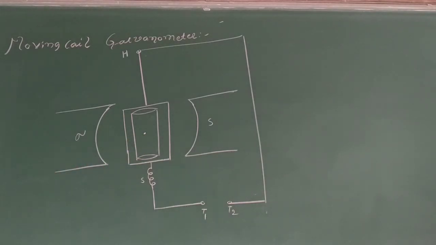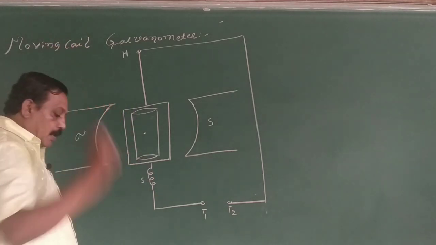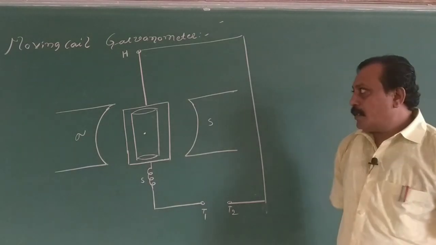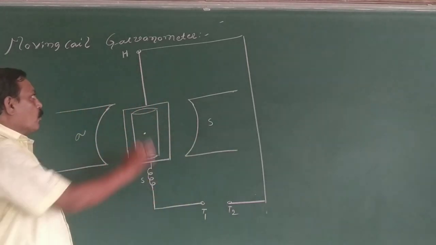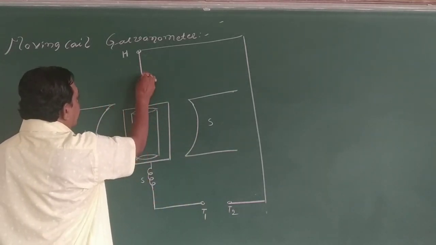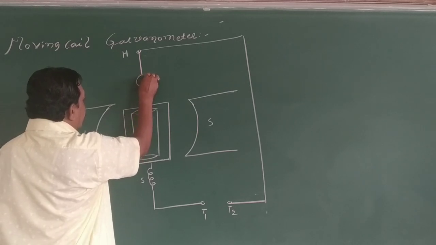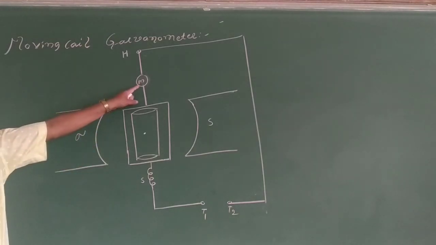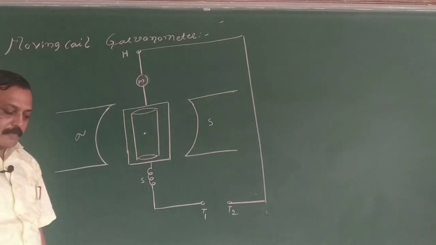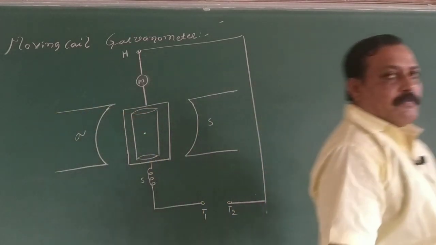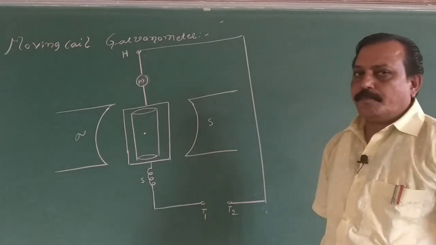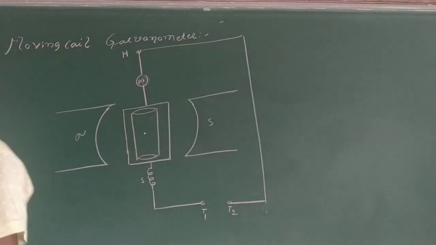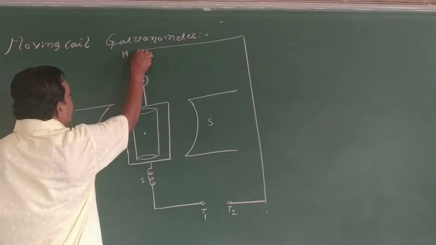Then, to measure the current, we use the lamp and scale arrangement. There is a concave mirror of larger radius of curvature, which is attached to the suspension strip. With the help of this concave mirror and the bulb arrangement, the lamp and scale arrangement, we can detect the feeble amount of current on the scale. For that, we take the concave mirror of larger radius of curvature attached to the suspension strip. That suspension is nothing but phosphor bronze, which is highly elastic in nature.